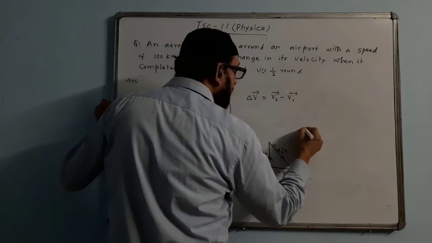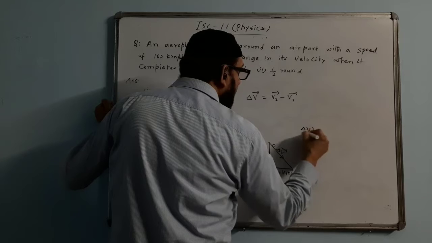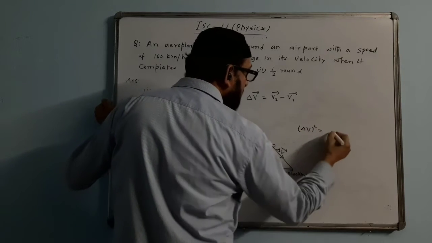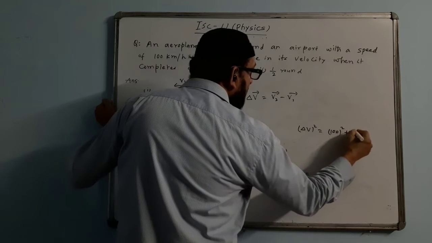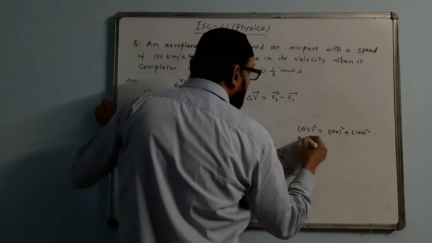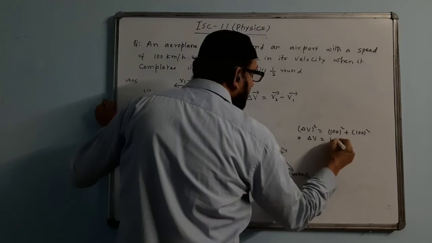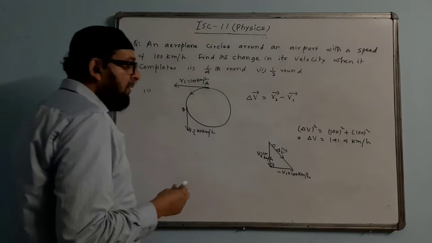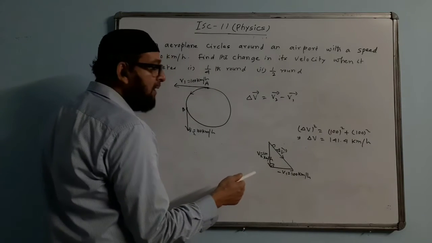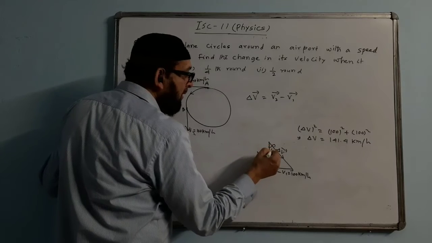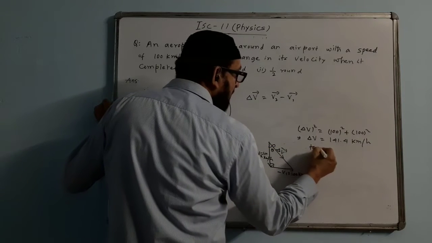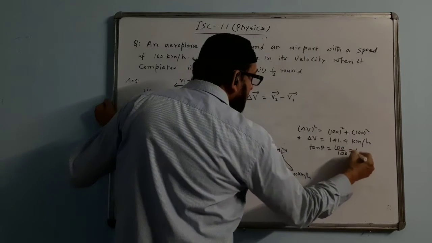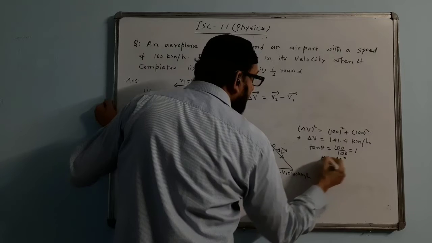Let us find the delta V value. Delta V will be coming like Pythagoras theorem here. Delta V square is equal to this square plus this square. We do 100 square plus another 100 square. Delta V value will come 141.4 km per hour. And when these two of them are equal, the angle will come 45 degrees. You can mark the angle anywhere of it, tan theta. Tan theta will be perpendicular by the base, 100 by 100, coming one, so theta is coming 45 degrees